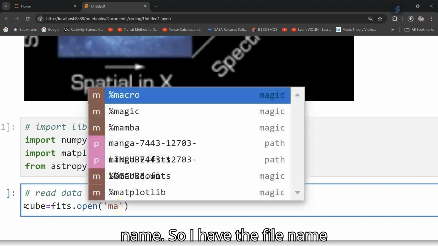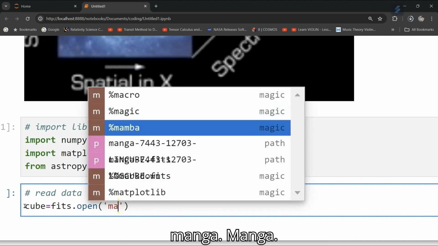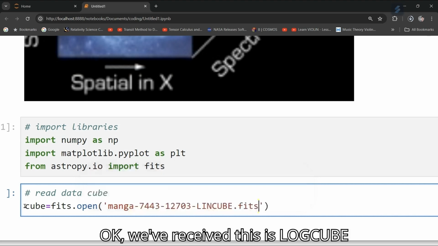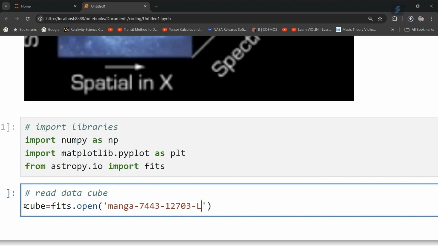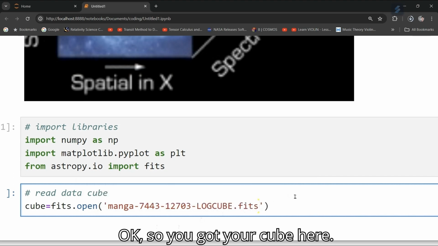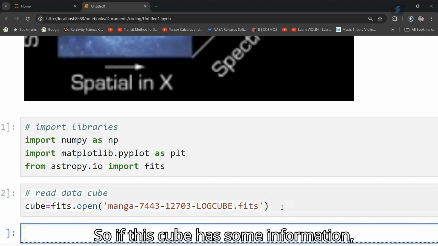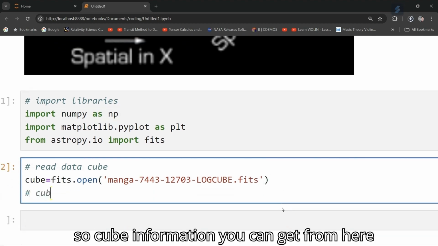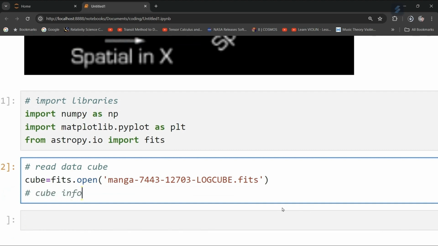I have the file name, the MaNGA log cube. Okay, so you got your cube here. This cube has some information, so to get the cube information